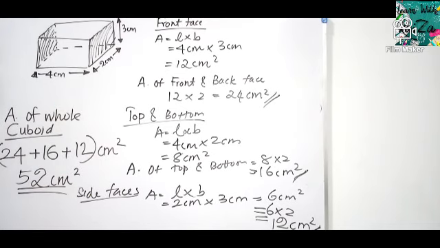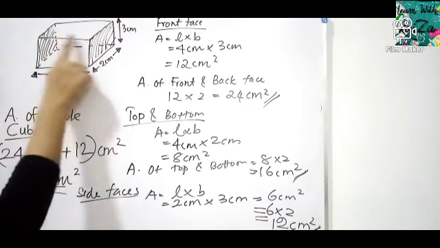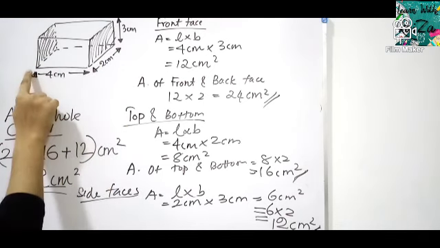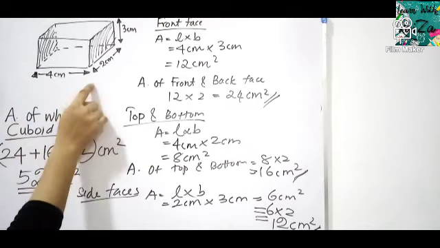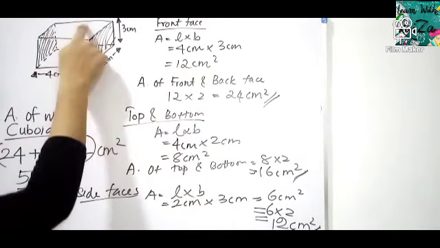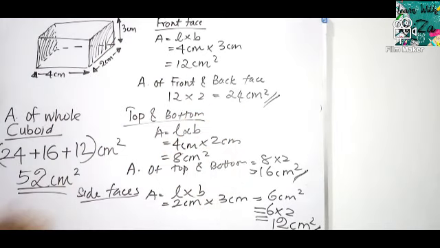Again, I'll explain a brief summary of this. I have considered here a cuboid. Cuboid has 6 faces. Let's say top and bottom 2 faces, front and back 2 faces, 2 side faces. When I consider the front face and the back face, they are equal in dimension. So area of the front face, length 4 cm, breadth 3 cm, I took it 12 square centimeter. Since 2 are there, I multiplied it by 2, 24 square centimeter.